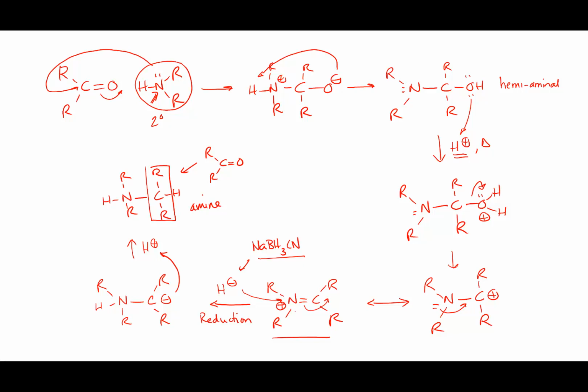We form this compound that has two resonance structures, and then if we use hydride as our reducing reagent, we can go ahead and reduce that down to the amine. And so the effective result is that we've made an amine by adding, in this case, a tertiary amine,